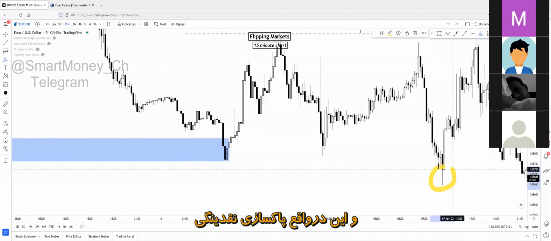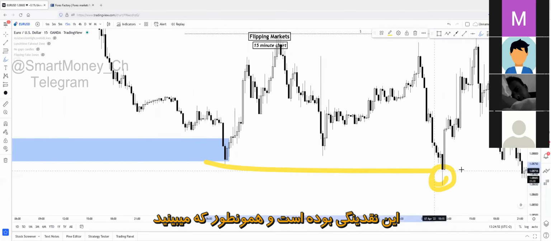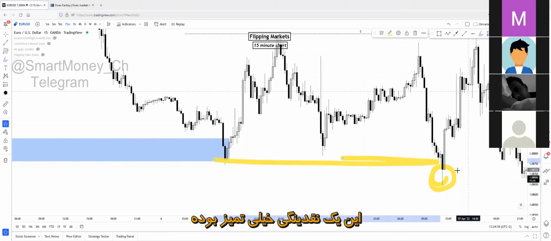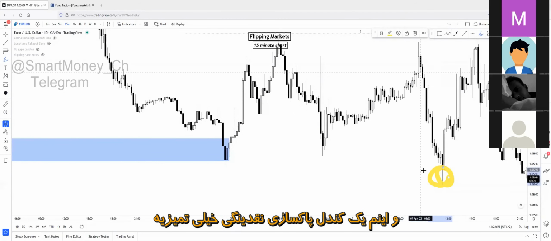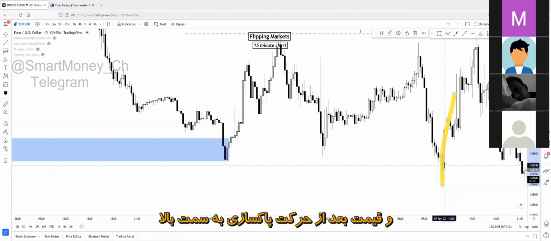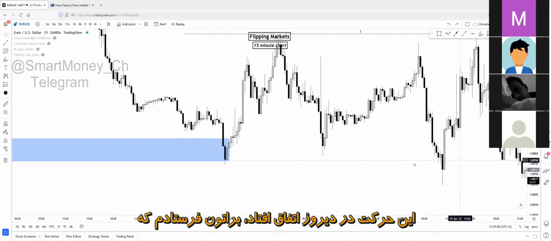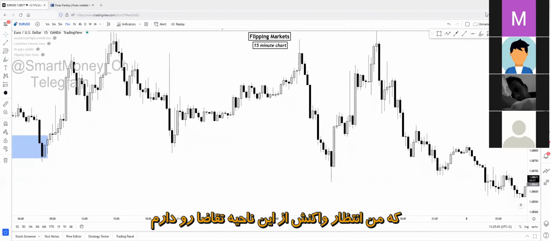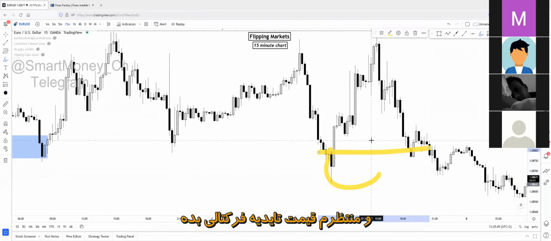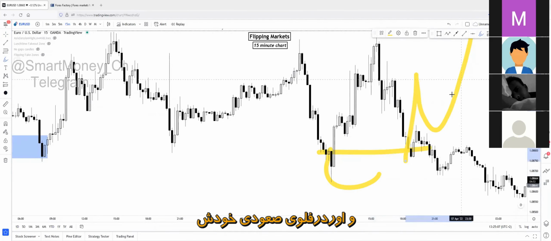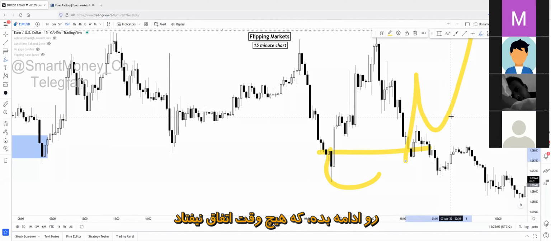Okay, there was another demand tap, and this was a liquidity sweep of this liquidity. As you can see, this is a clear liquidity sweeping candle, and price reversed after the liquidity sweeping movement. This happened yesterday. I sent you that I'm expecting a reaction on this demand zone again, and I'd be expecting a continuation and fractal confirmation of the bullish order flow. This has never happened.